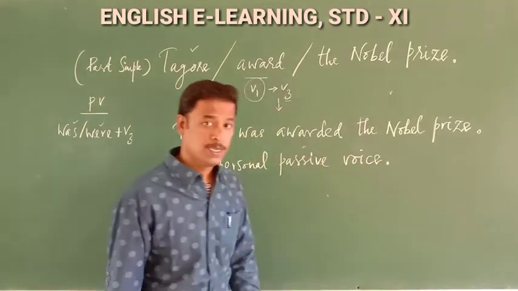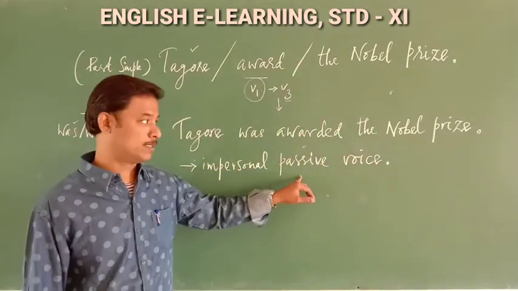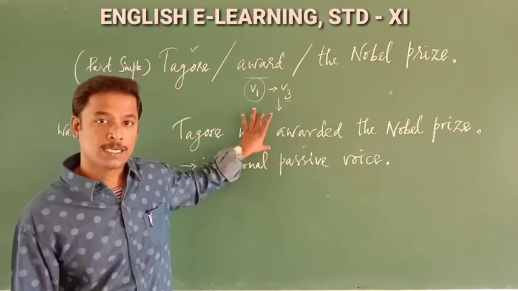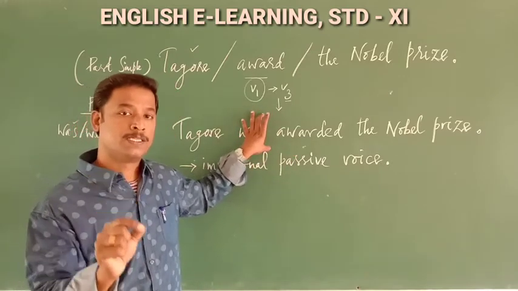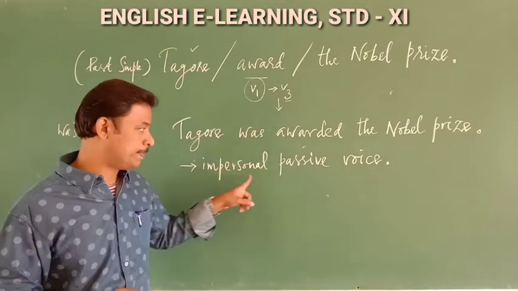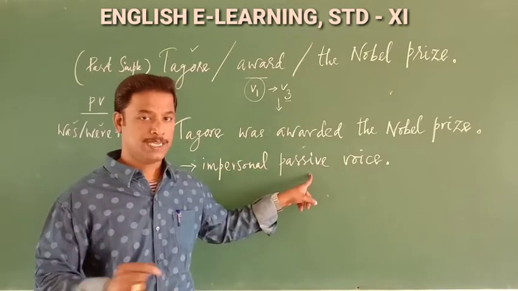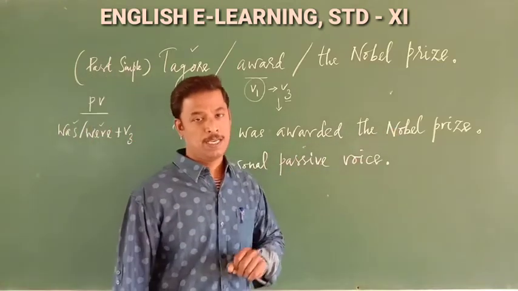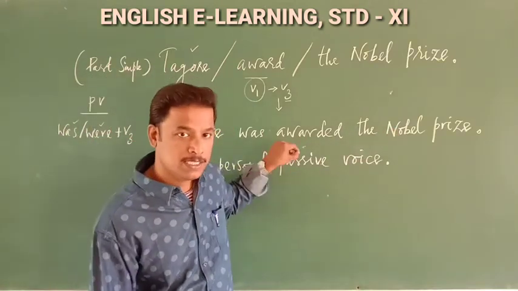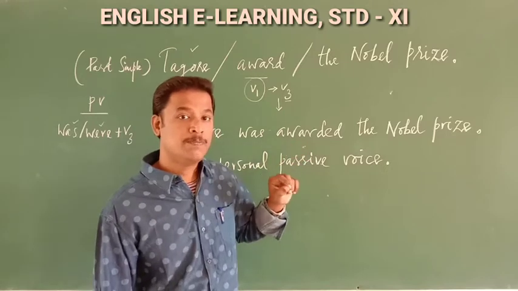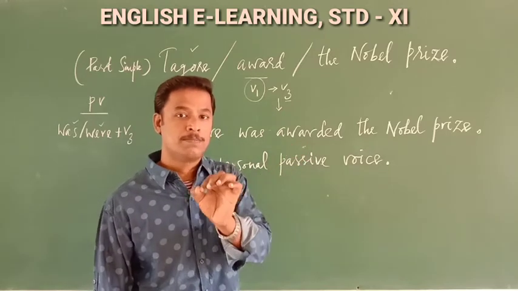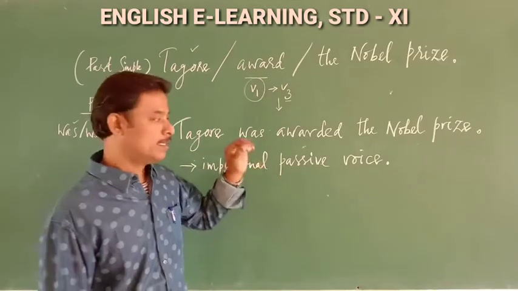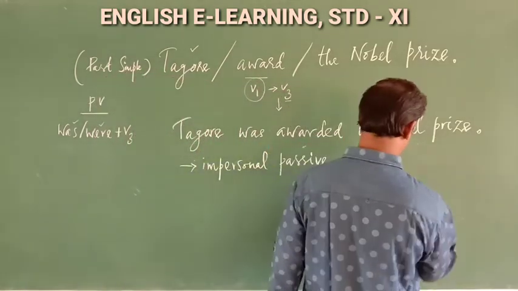What is this? Impersonal passive voice. There is no agent. That is why this type of passive voice is called impersonal passive voice. Imagine, if the agent is clear, if the agent is given in this passive, that will be called personal passive voice. Imagine if this sentence is written like this: by